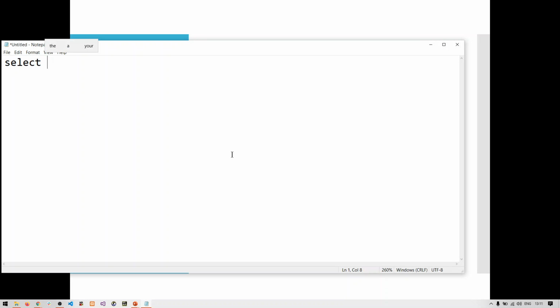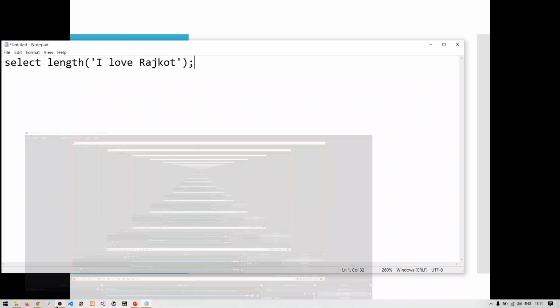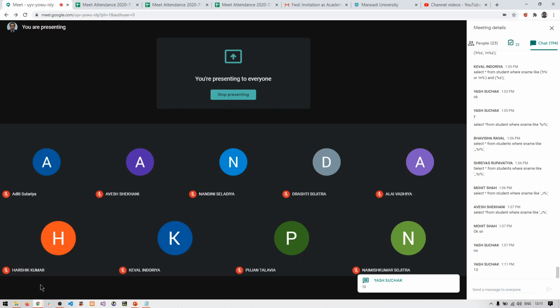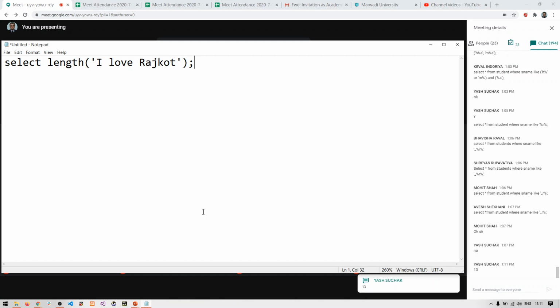I am writing like this: select length, single quotes, I love Rajkot. So what will be the length of this? What will be the length? I love Rajkot.